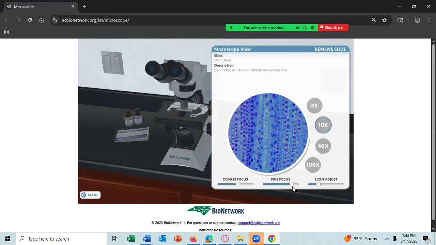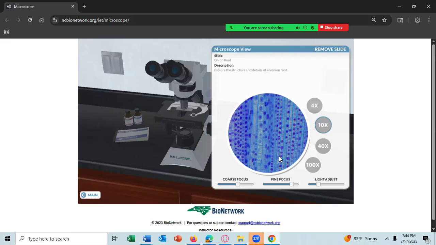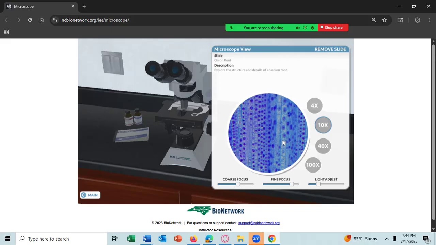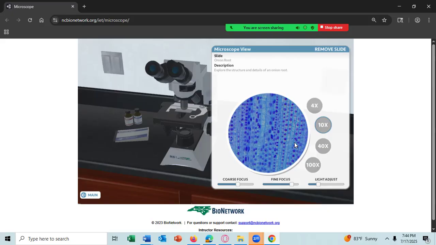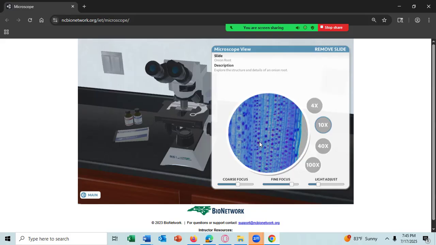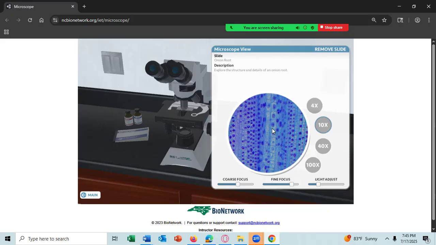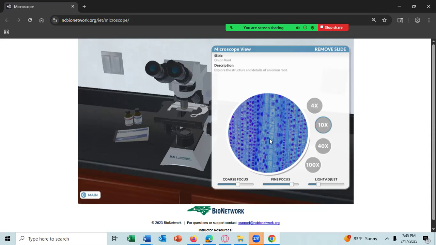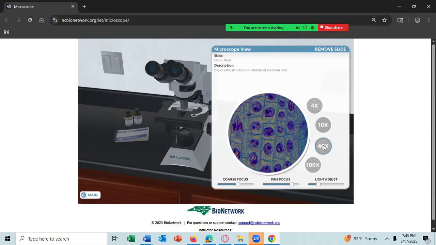Something like there. I'm not seeing what I want, so let me move around a little. Not seeing what I want. It might be I'm not under high enough power to see. I'm trying to look for a cell where I'm looking at chromosomes. That might be one there. So let's put that in the center of the field of view. And then go up to the 40x lens. Oh, there it is there. That works. And that's actually in fine focus too.